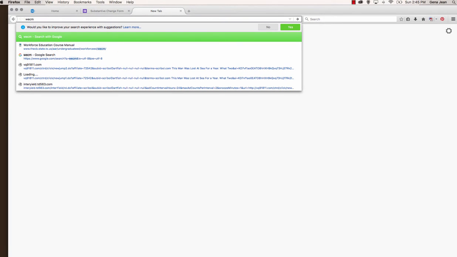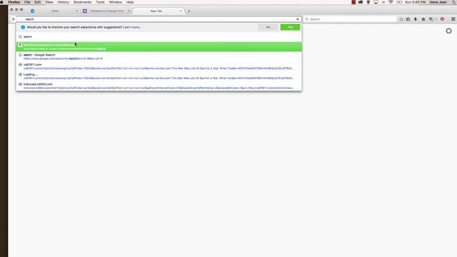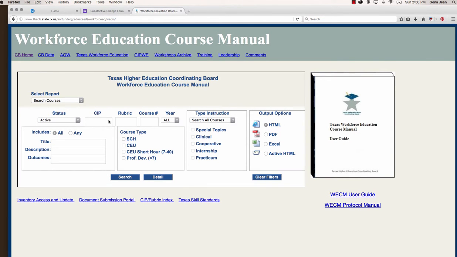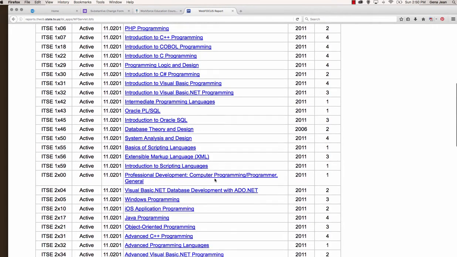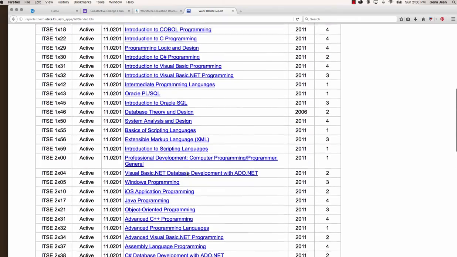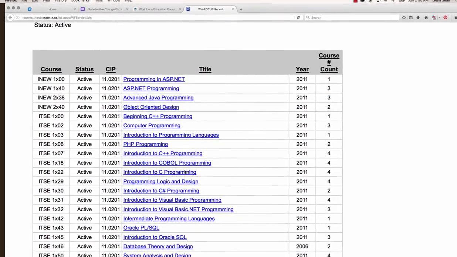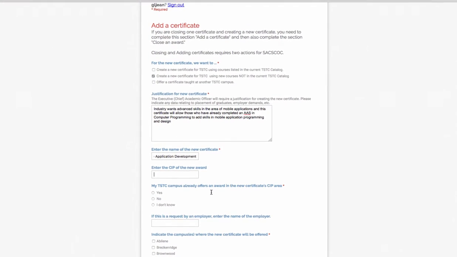So I go to WECM, where I get my zip codes. Once the Workforce Education Course Manual site opens, you can type in your ZIP. We're going to use 11.0201. Do a search. And you can see that this is advanced programming, etc. And so on the SubChange form,